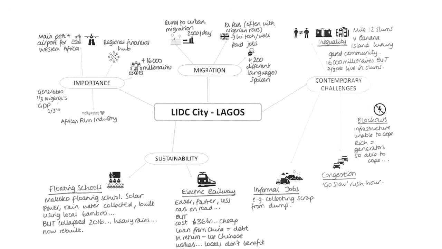Other issues faced by Lagos include blackouts. So the infrastructure, the energy system is not able to cope with the amount of people. Rich people are able to get around this because they have generators that they can just turn on. The poorer people don't, and they have to find lamps that they can use and just try to make do in the evenings, which makes it very difficult for children to do their homework, for people to be able to do much at all in the pitch black.